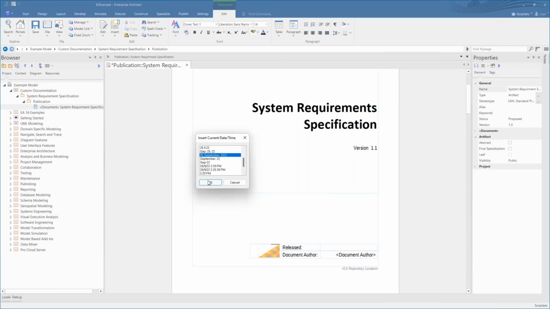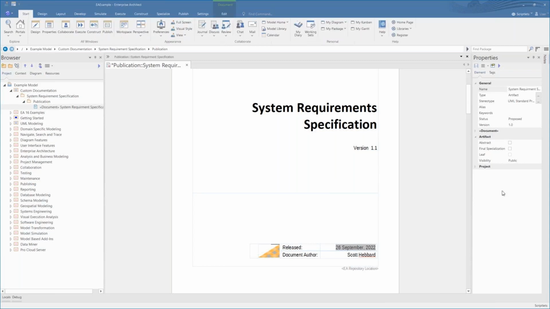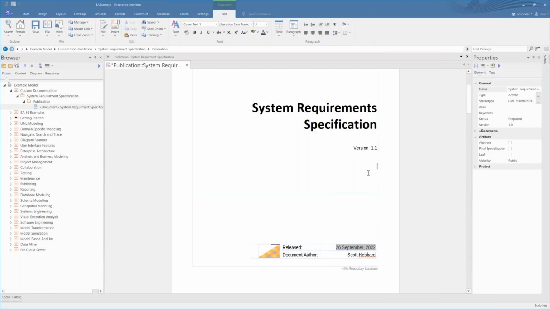You can see I can insert the date and time, and being in Australia, we do day, month, year, and often when we're producing reports for other places such as the United States, they do month, day, year. So there's a number of different formats that are available.